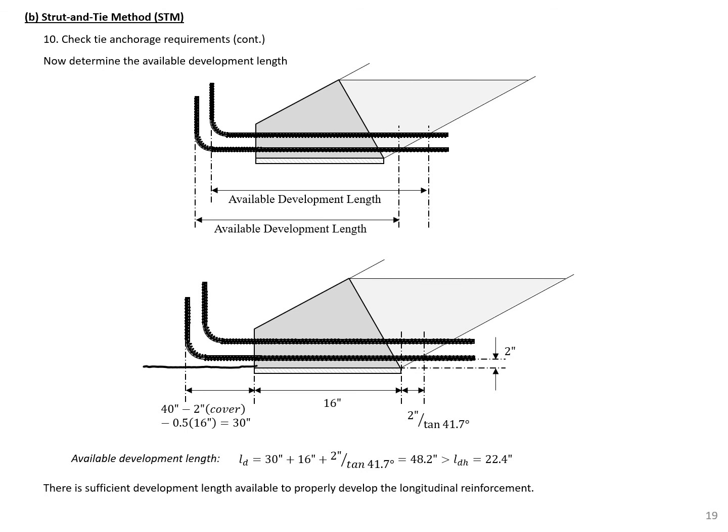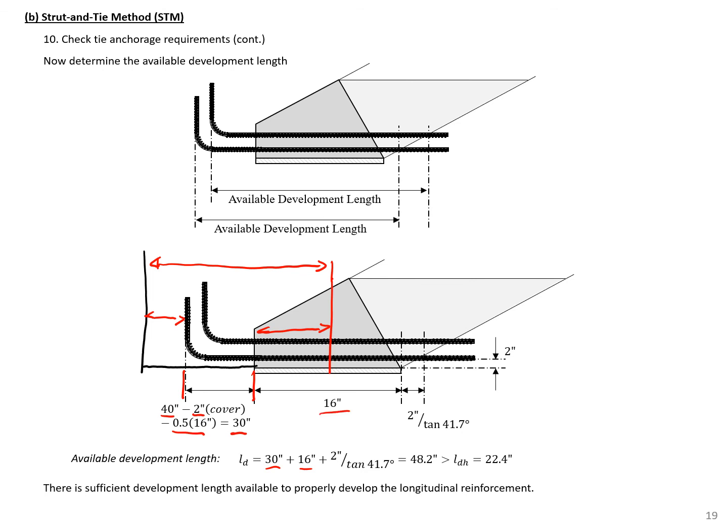So we have the distance between the centroid of our support bearing and the back of the beam was given as 40 inches, minus 2 inches cover, minus half of our bearing, gives us the distance between the back of our support to the back of our hooks of 30 inches. The available development length then is equal to that 30 inches plus our bearing length, 16 inches,